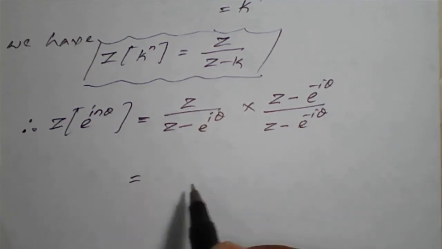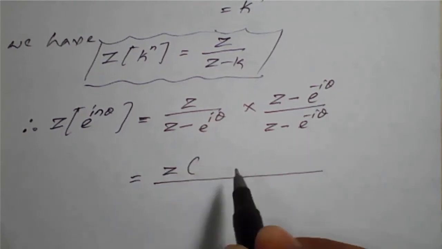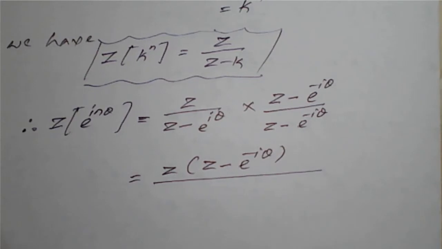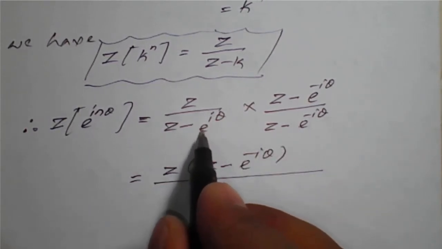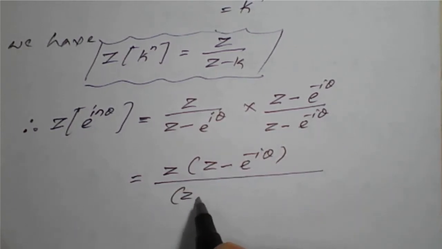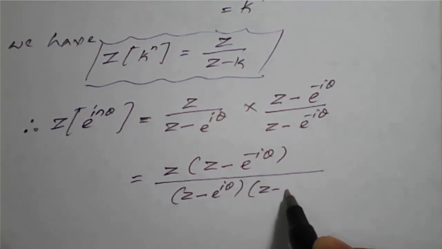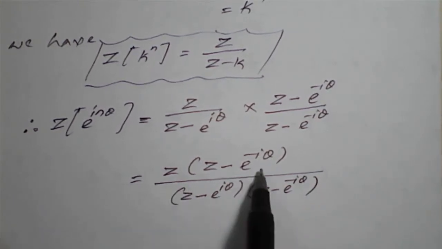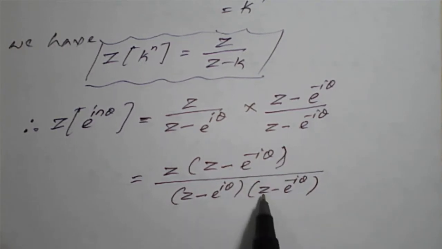Now this we can write it as multiply z into z minus e raised to minus I theta divided by, these are not same because here we have e raised to I theta and e raised to minus I theta, and divided by z minus e raised to I theta into z minus e raised to minus I theta. Now we'll multiply this z to this entire bracket, as well as we'll open these two brackets and we'll see